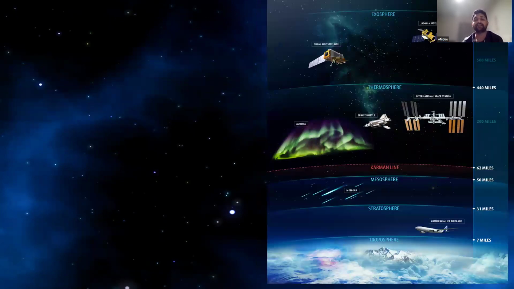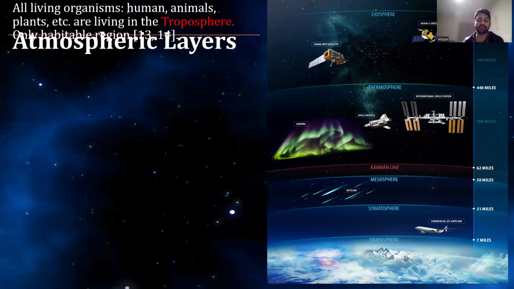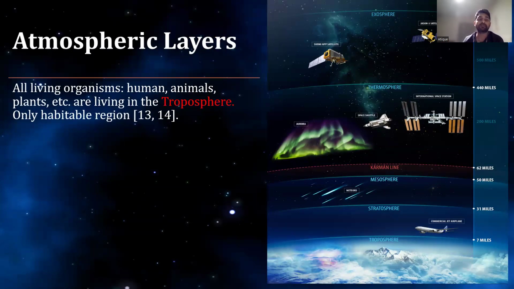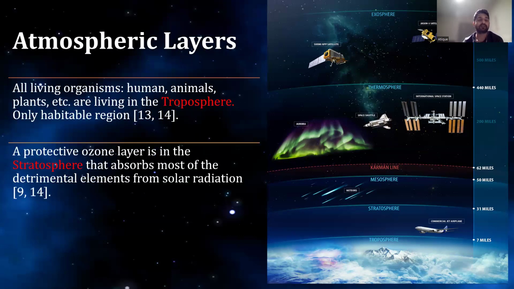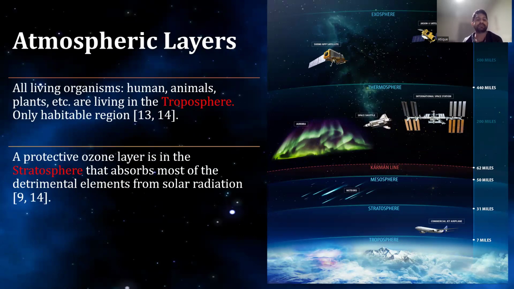So, if you look at the picture, these are the atmospheric layers. First I should start with the troposphere, which is the layer where all the living organisms such as humans, animals, plants, and all other people are living. And this is perhaps the only habitable region in the Earth's atmosphere, followed by the stratosphere, where the protective ozone layer is embedded, and that ozone layer protects the Earth